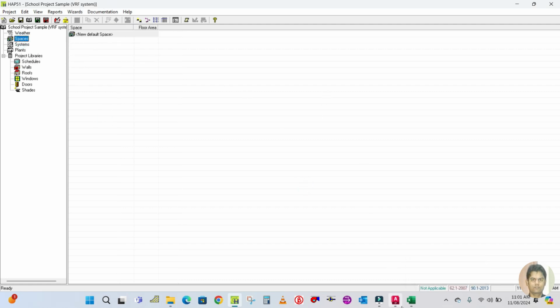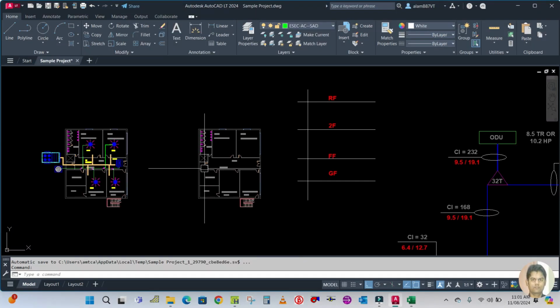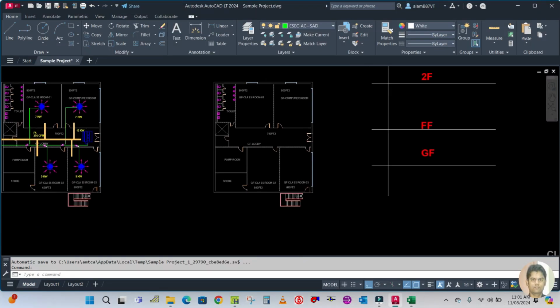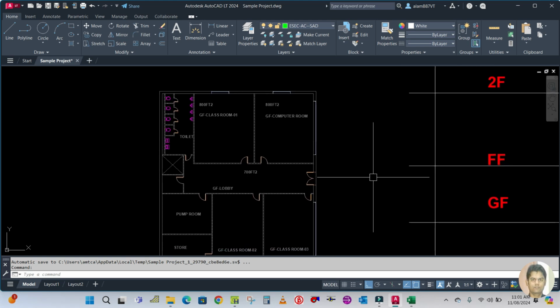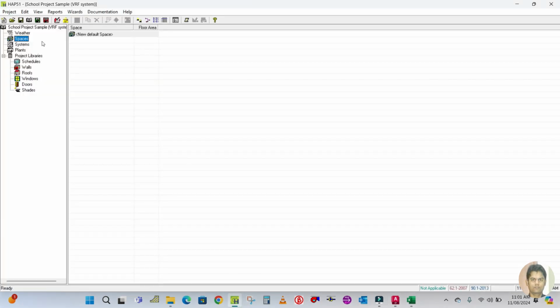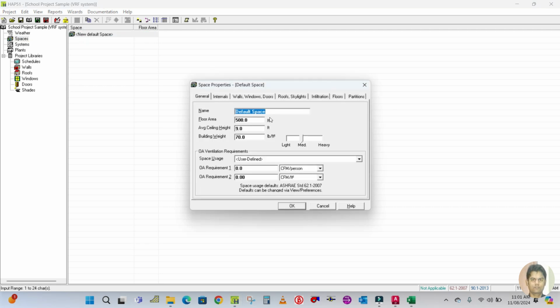Again, you have to create the spaces. So here you can go to this project and create the space. First one is classroom one. So go to this project software and click on a space, double click here, and then you have to create the space which is classroom